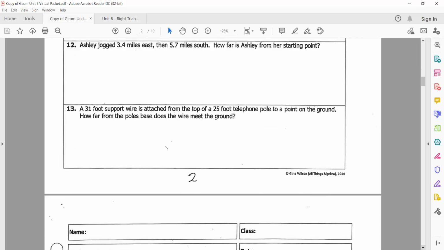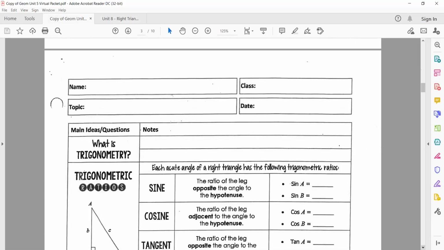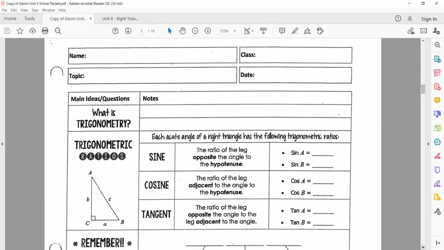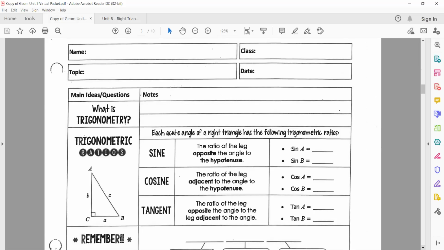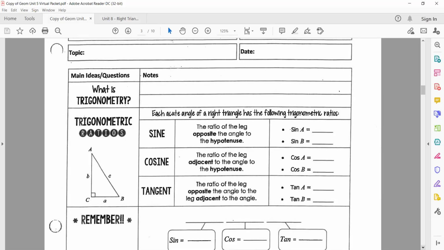Questions, anybody? Okay, and I'm going to have to stop at this point because I'm going to go as far as